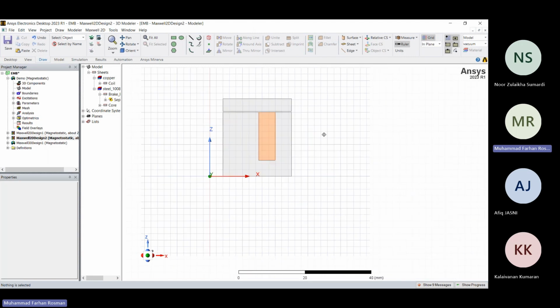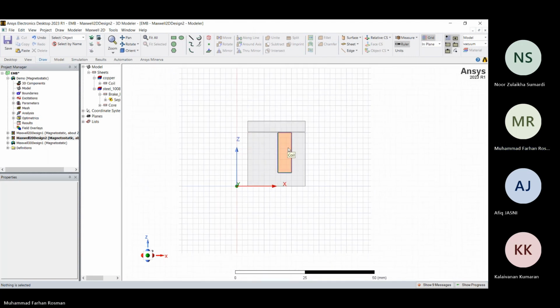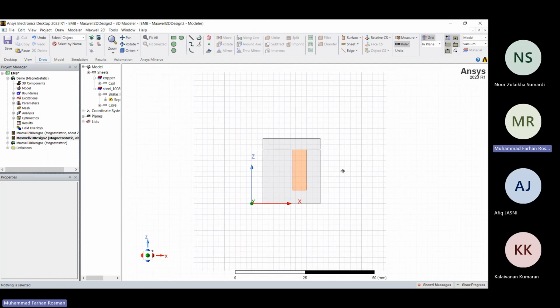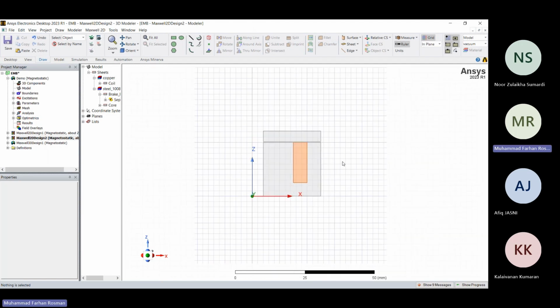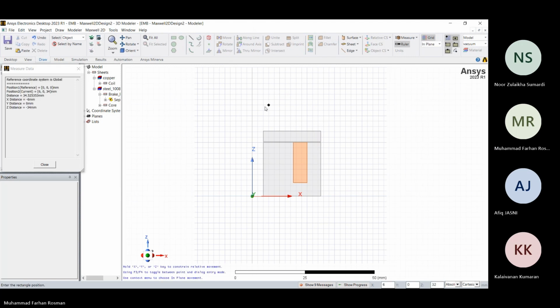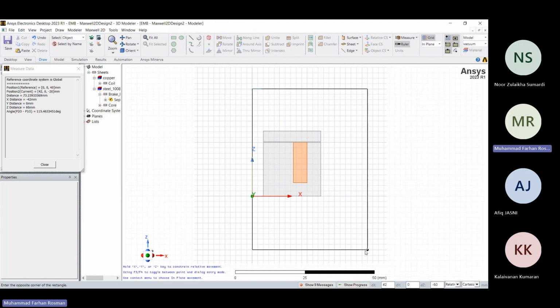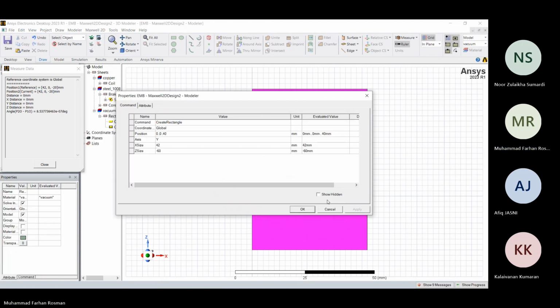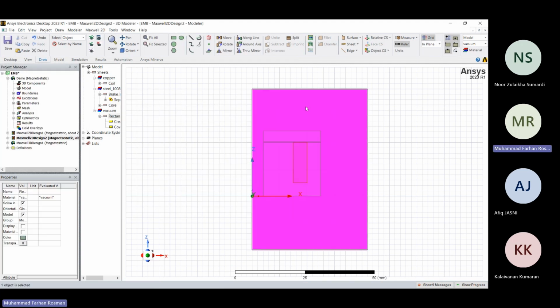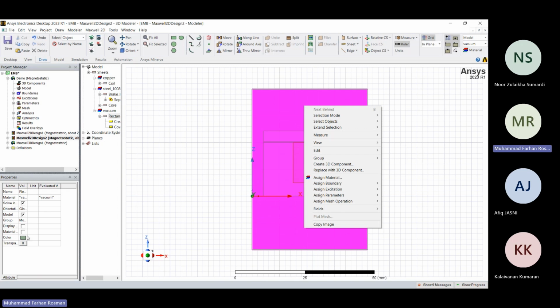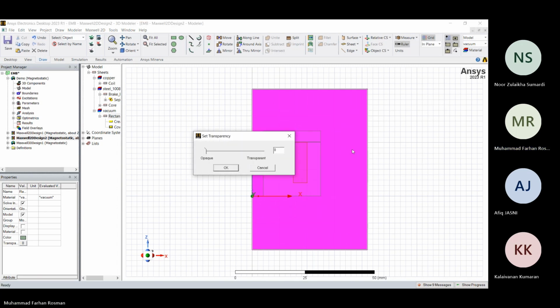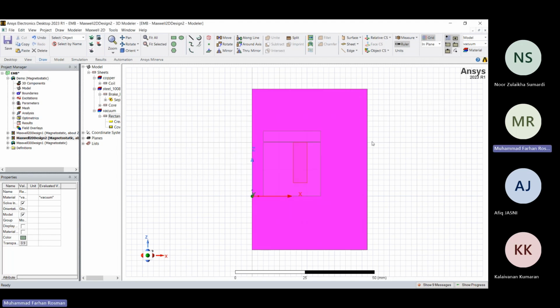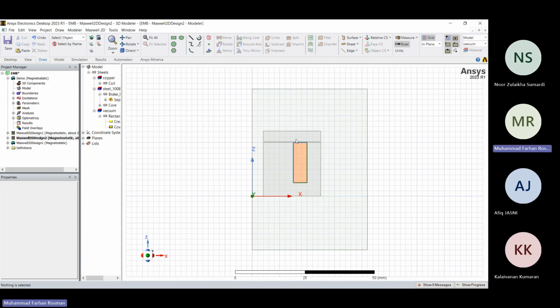Now we have the 2D model. What we're going to do is we create a region for this. So we simply create a rectangle here, and, yeah, I think this is about right, and we click OK. So now we are creating the region of the simulation. I want to change the transparency to 0.9 so that we can see the design of